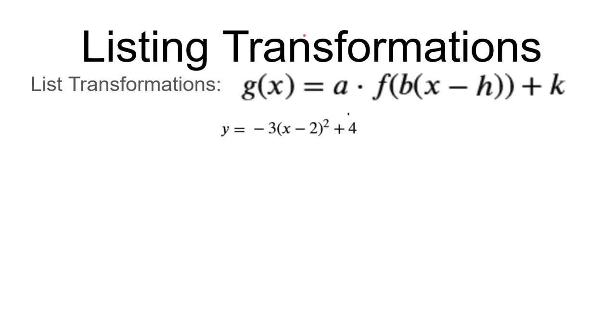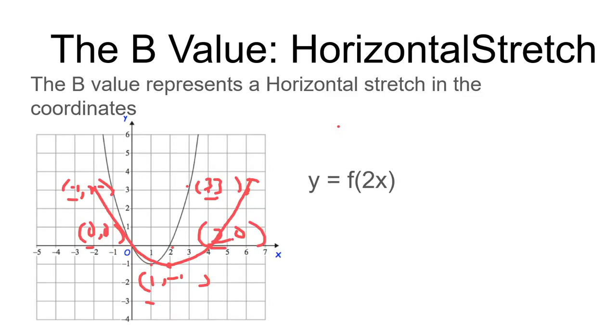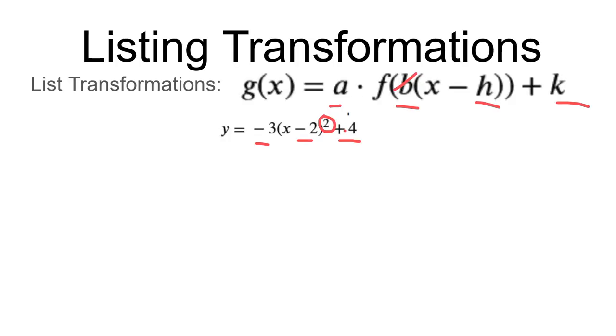So now you can list transformations, every single one of them, and you can list them. So we have the forms here. And how do you list the transformation? Well, this is a transformation as for a parabola, as you can see here. Now we have negative 3, negative 2, and 4. First off, you should realize that there's no b value, so immediately cross that out, which means that there's no horizontal stretch. Now, there is a reflection over the x-axis,